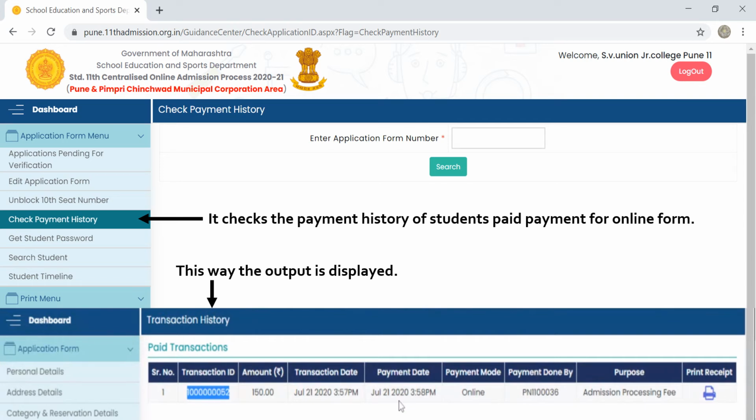Then check the payment history, whether the student has paid the online processing fee, admission processing fee or not. That we can check with the help of the check payment history option. Here also we have to type the application form number. The form number we have to type, and below that the student transaction ID will get generated, that will be available